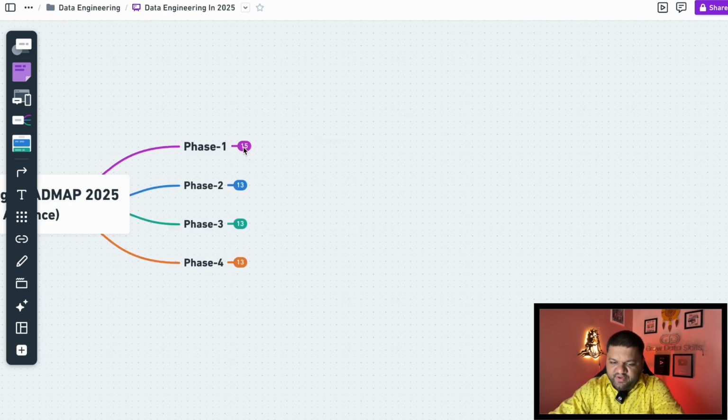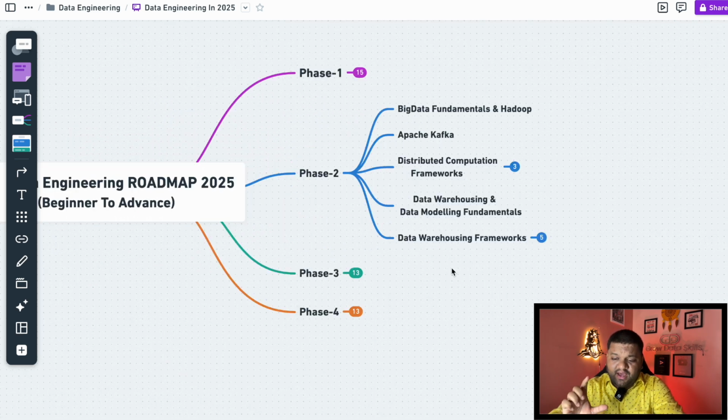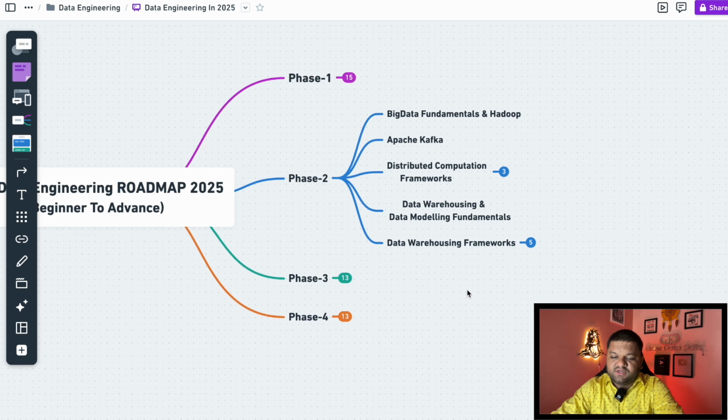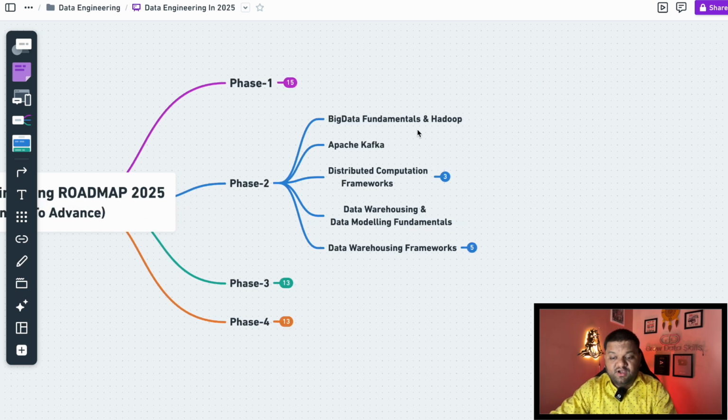Once you are done with the phase 1, let's come to the phase 2 part. And if I say phase 2, then I actually consider it as a heart or the core of the data engineering profile, because the core resides here. From this point onwards, your actual big data things are going to start. So what you need to focus on here, big data fundamentals and Hadoop in depth. Big data fundamentals like understanding different file formats, distributed computation, vertical scaling, horizontal scaling, and lot other basic technical terms here, right? So that is what you need to cover.